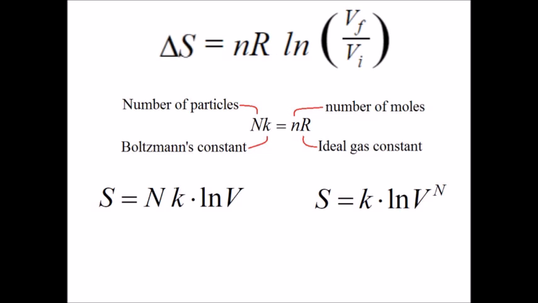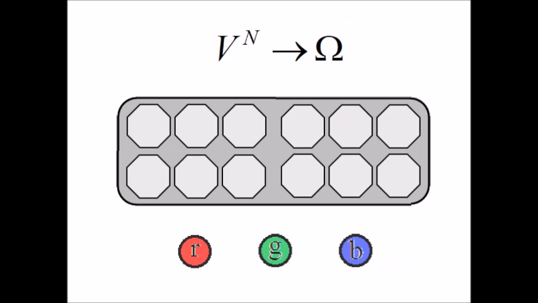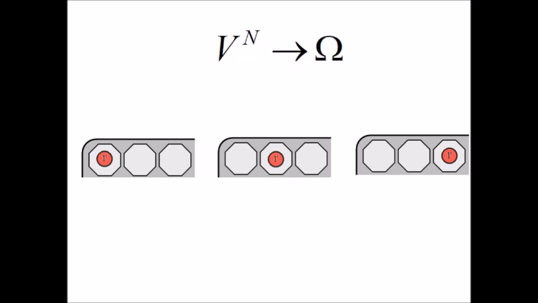Right now, 1 step left, showing that volume to the n power gives us multiplicity. How can we prove that? Well, we can't prove that, but we'll show you some examples using an egg carton, or part of an egg carton, and 3 colored balls, or maybe just 1 or 2. How many ways could we put 1 ball into 3 spaces? Well, this many. V equals 3, n equals 1.